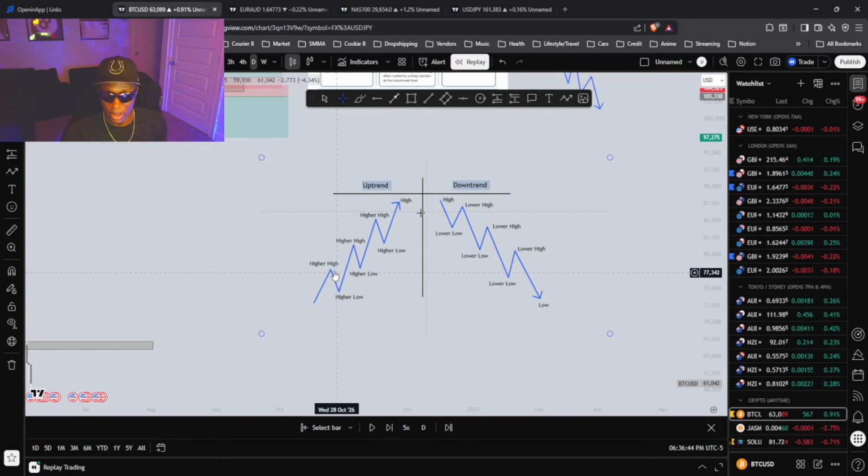Market structure. On the uptrend, price creates higher highs, higher lows, higher highs, higher lows. On a downtrend, price creates lower lows, lower highs, lower lows, lower highs. On an uptrend, price would never break its higher highs or higher lows unless it's forming a reversal or becoming a downtrend. On a downtrend, price will never break its lower highs and lower lows unless it's forming a bullish reversal and becoming an uptrend. So now let me show you on the real chart